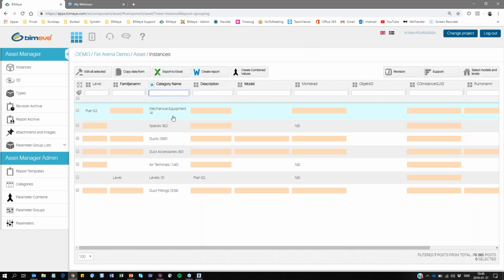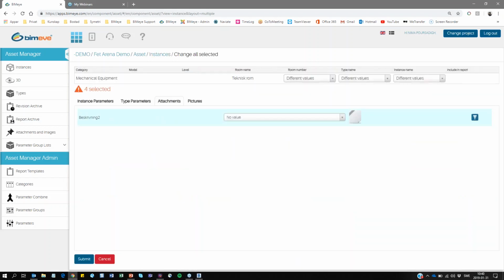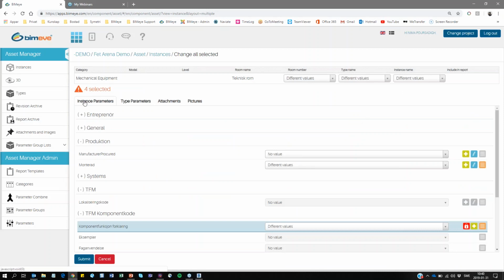So if I grab all of these mechanical equipment, and I want to add a value to these, if I press on that, I will come to, I would say, the board where you can add information. You see the different groups that I was talking about. So the groups are arranged under the parameter groups. I have made one group, I took production as an example, and in the group I have two parameters. So you can arrange all of your groups in the way you want,